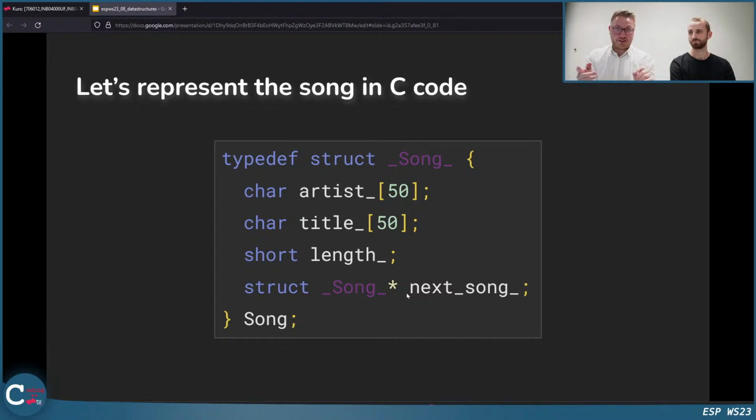So we combine things. We just have type defs and structs now. What does short mean? Good question, actually. Maybe someone in the chat could answer that. What is short? Any ideas?